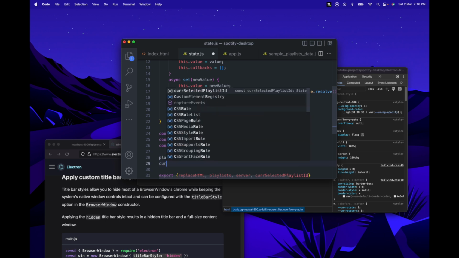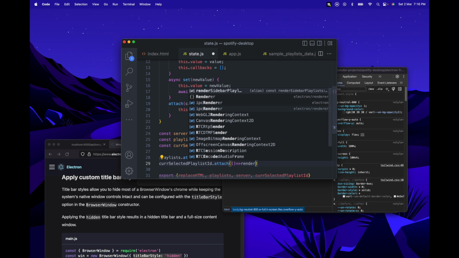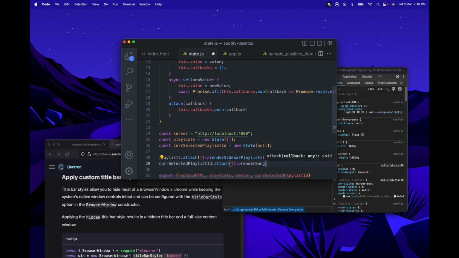Now, once this happens, we're gonna need to render something, right? So here, we're gonna maybe say render. We're gonna actually need a couple of things. Let me open this function up. First thing we want is we're gonna need to fetch the list of songs, display a loading state while the list is being fetched, and then re-render the songs list portion of the UI. Right now we have none of those, so let's begin by adding